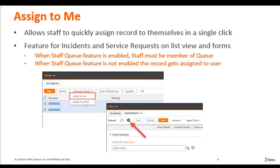Within the form itself, if you're actually looking at a ticket, then you'll also see there's going to be a brand new icon right up at the top next to the existing service level icon, and it's called the Assign to Me button. So that allows you to open up a record, review the details, look at the priority, the description, service information, configuration item details, whatever you need to look at. And then if you want to take that ticket upon yourself, all it requires is a single click of that button,